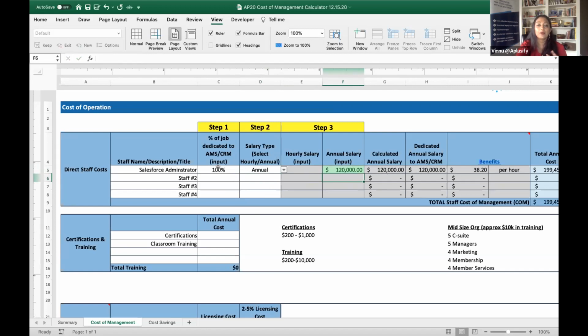And since that job is 100%, this person's spending 100% of their job on Salesforce, their dedicated annual salary to the AMS CRM is $120,000. Now, let's say we actually have a database coordinator. Oh, even better. Let's do a membership coordinator. And their job, they only spend 50% of their time